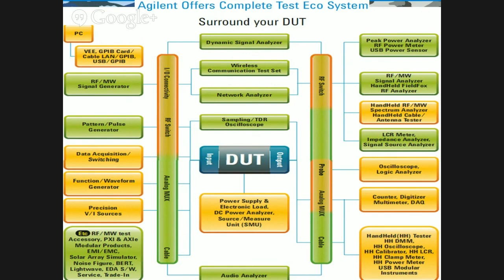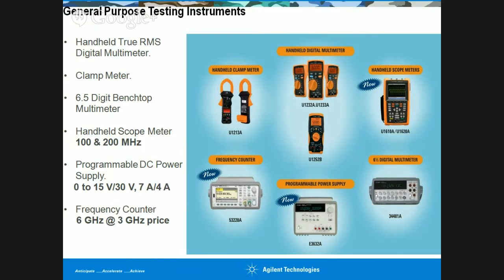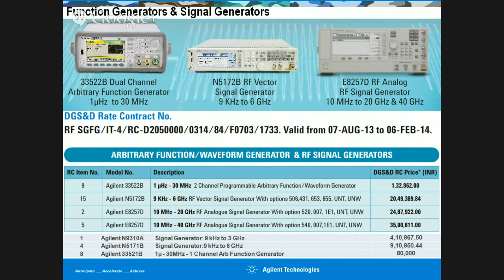Now we have the general purpose equipment on the rate contract, which could be our handheld series of oscilloscopes, programmable DC power supplies, clamp meters or multimeters, frequency counters. We have function generators and signal generators on the generator side. So we have vector signal generators up to 6 GHz, analog signal generators up to 40 GHz on the DGSND